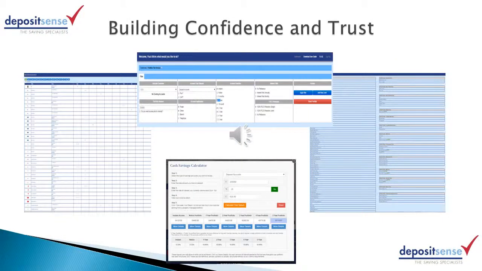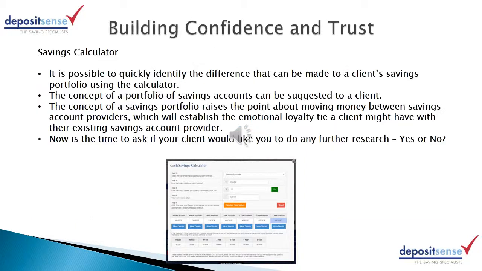So here's a representation of the items built into the system that you can use to build your client's confidence and trust. So let's just have a look at each one of these in detail. We start off with the savings calculator. We recommend that everybody has this built into their website, and so it's all about their brand and their business